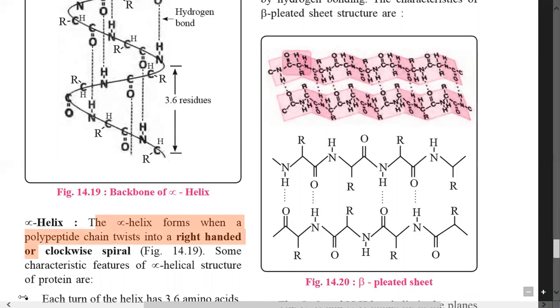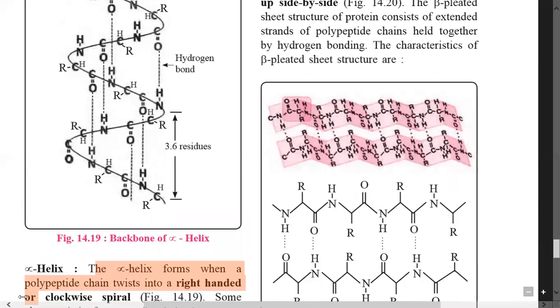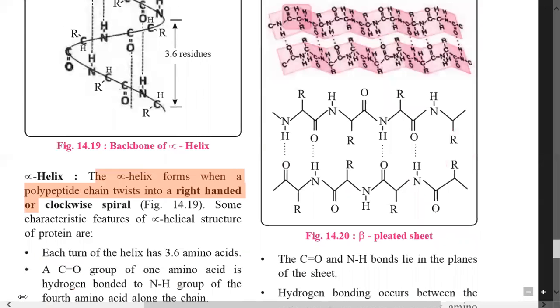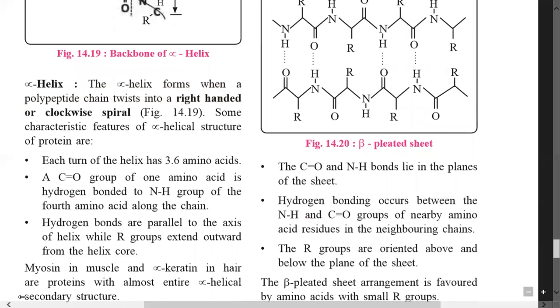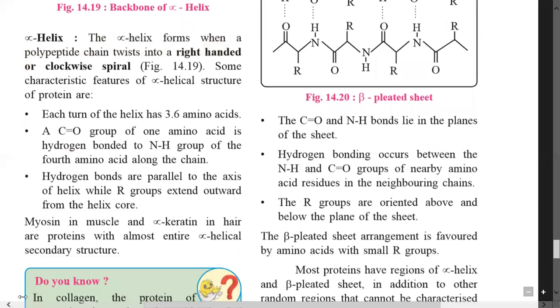So there are chains twisting into a right-handed or clockwise spiral. So this is one right hand, this is also right-handed, a right-handed twist is there, and that gives the alpha helix type of structure. Then some characteristic features of the alpha helical structure of protein are: each turn of alpha helix has